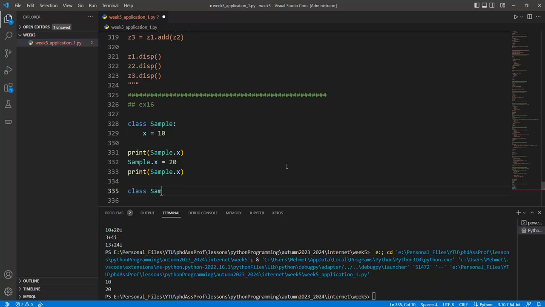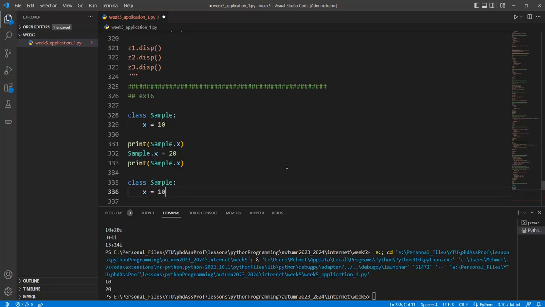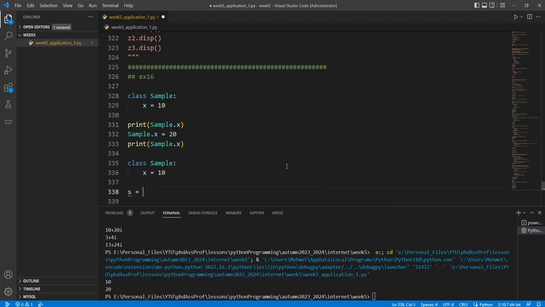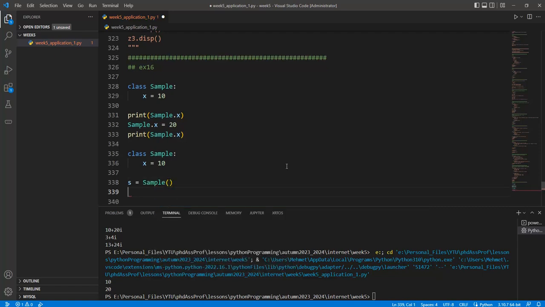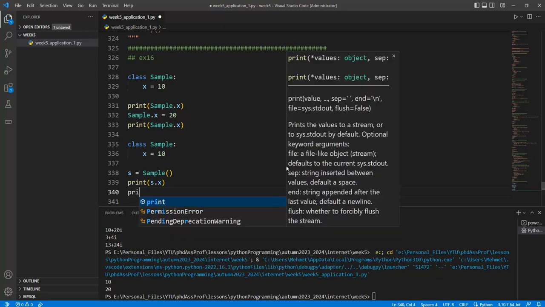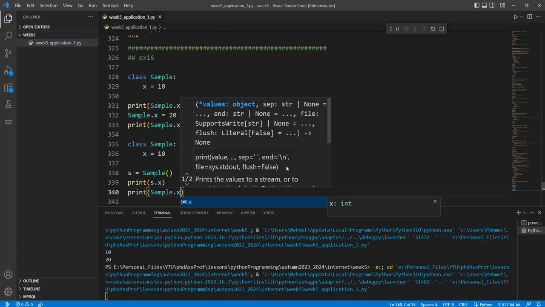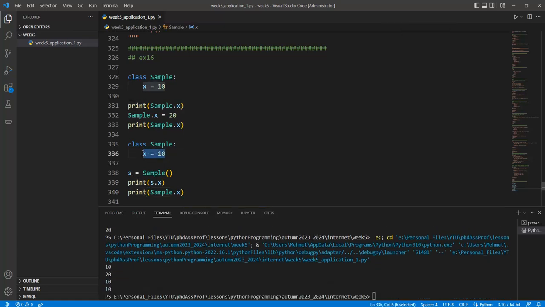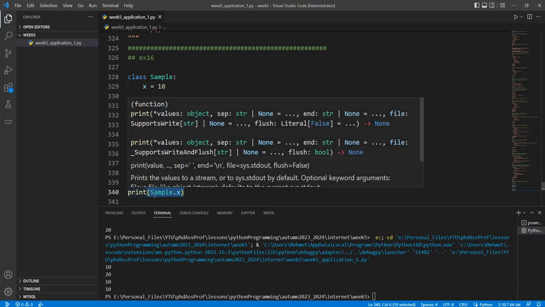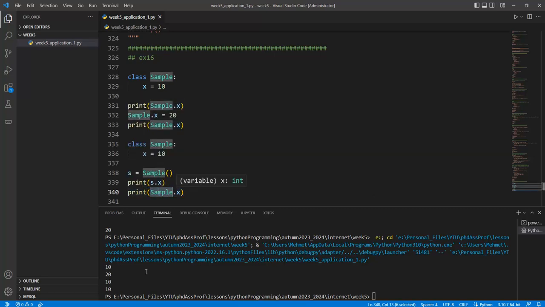Or we can create the Sample class with x equal to 10, s equal to Sample like this one. The print of s.x can be reached, and also we can reach Sample.x like this one. Okay, this is equal to 10, and this instance is assigned to a new variable in here like this one, and also we can get Sample.x with the value 10. Okay,